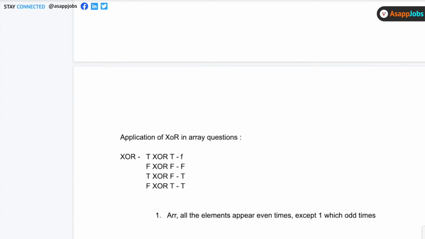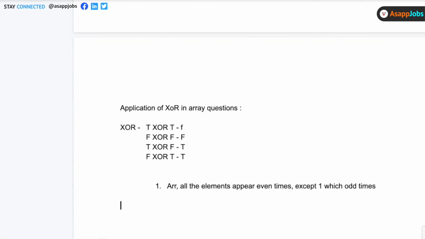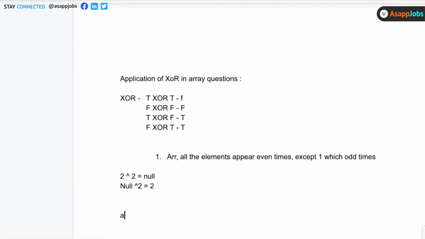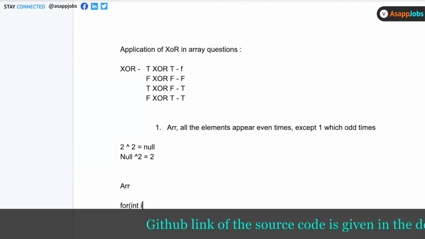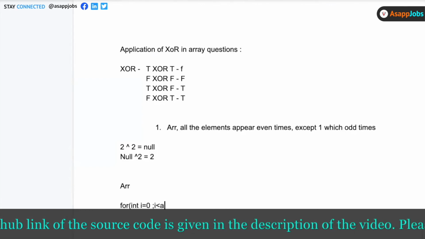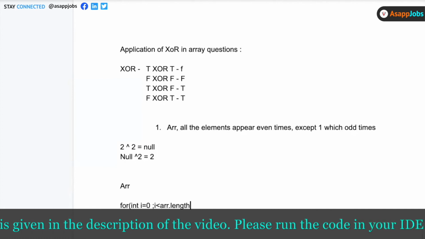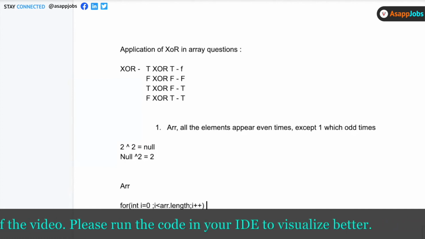So normally what happens is that if you XOR two elements like 2, so the symbol of XOR is this one, if I do 2 XOR 2, it will return me null. Okay, and if I do null XOR 2, it will return me 2. Okay, so what happens is that if I XOR all the elements, so suppose I have been given this array, what I do is for i equals 0, i is less than array dot length, i plus plus, what I do is